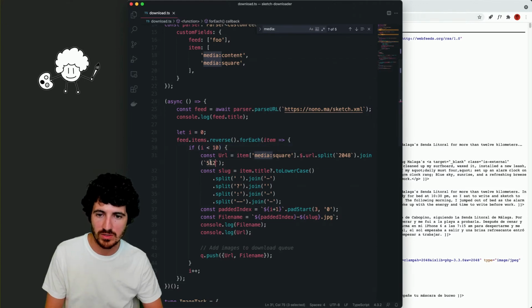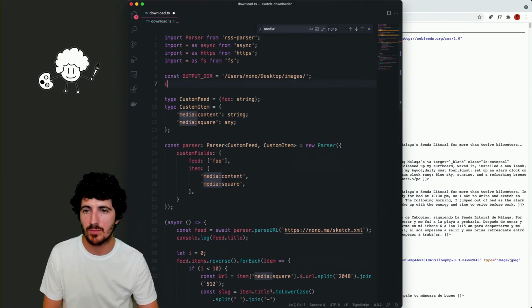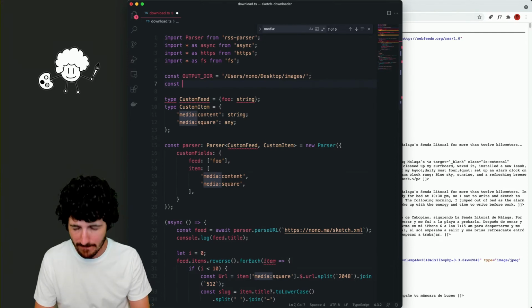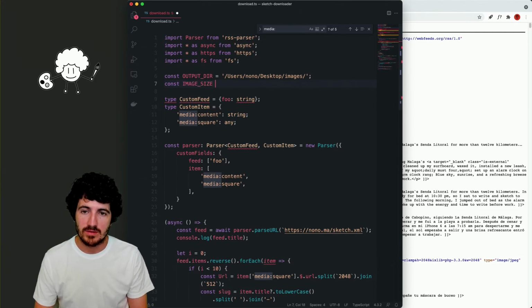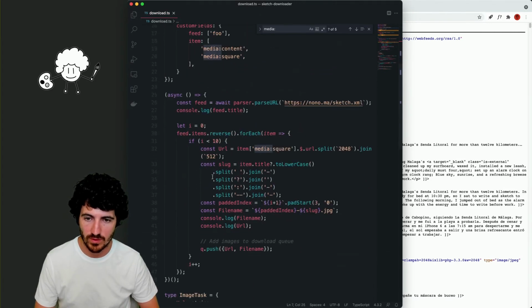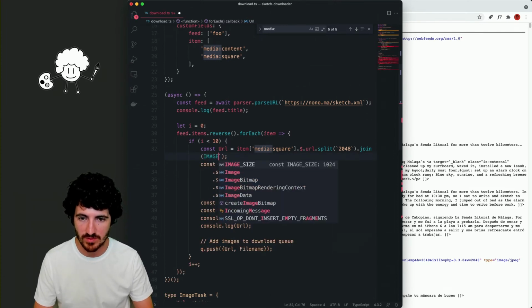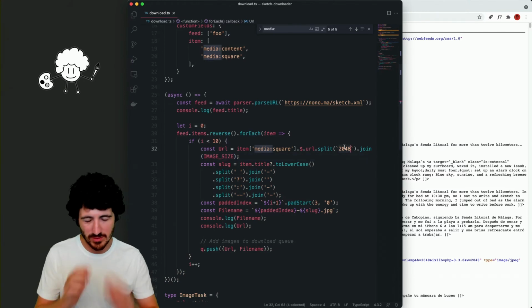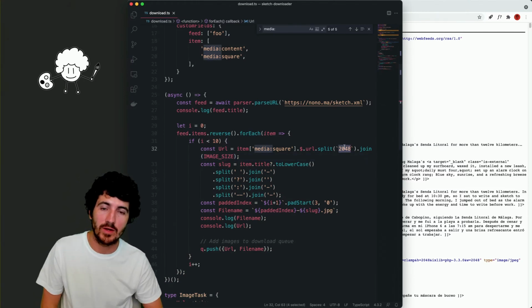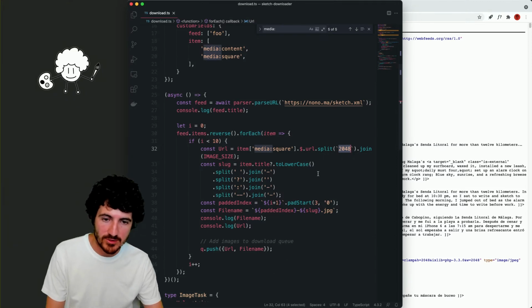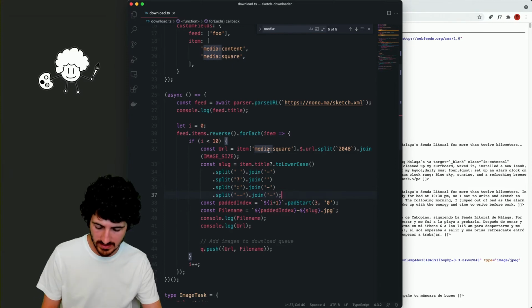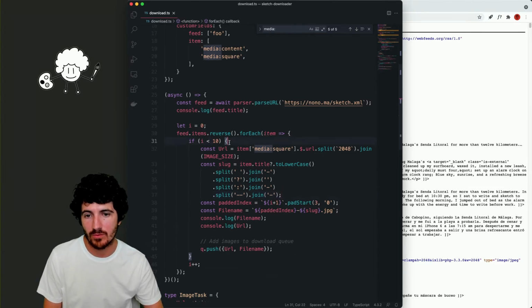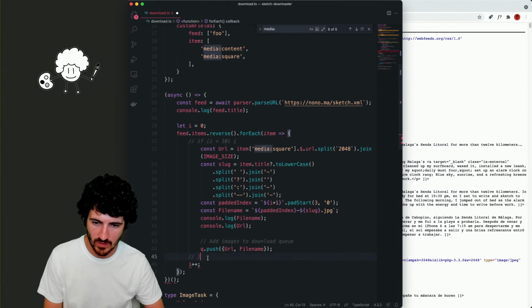Here we're hard coding this one, but we could put another hyperparameter here, image size, and we're going to do, for example, 1024 and 1024. We'll put the image size hyperparameter here, because 2048 is the default on my website. So yeah, what else can we do here? Let's try to see if by removing the limit we